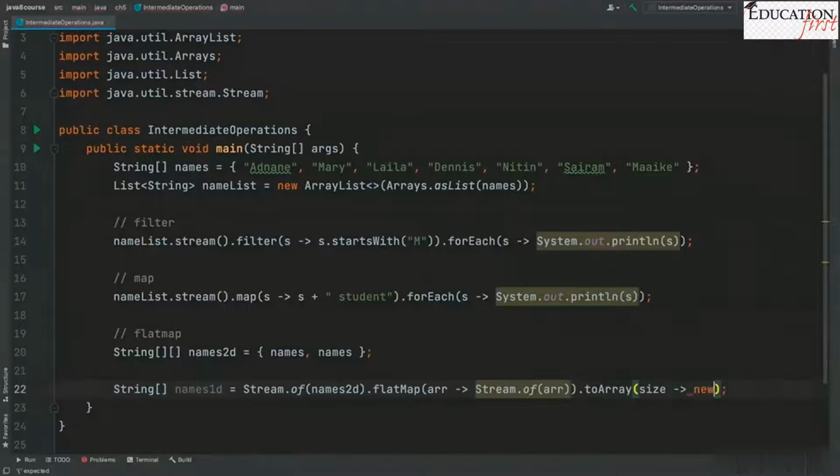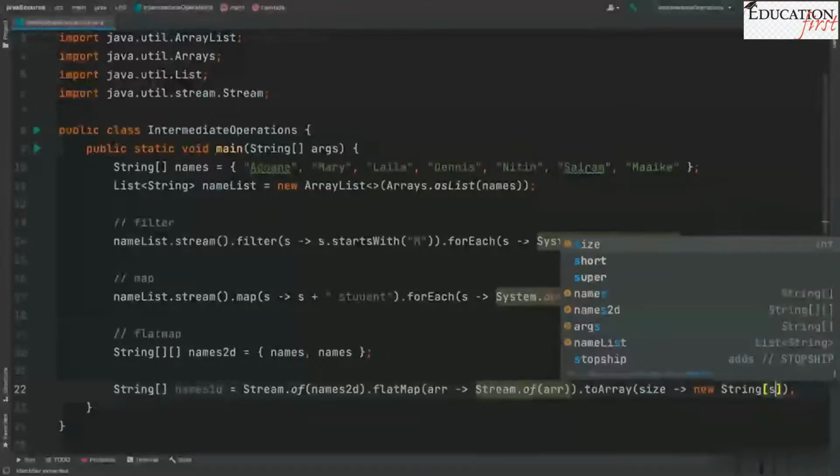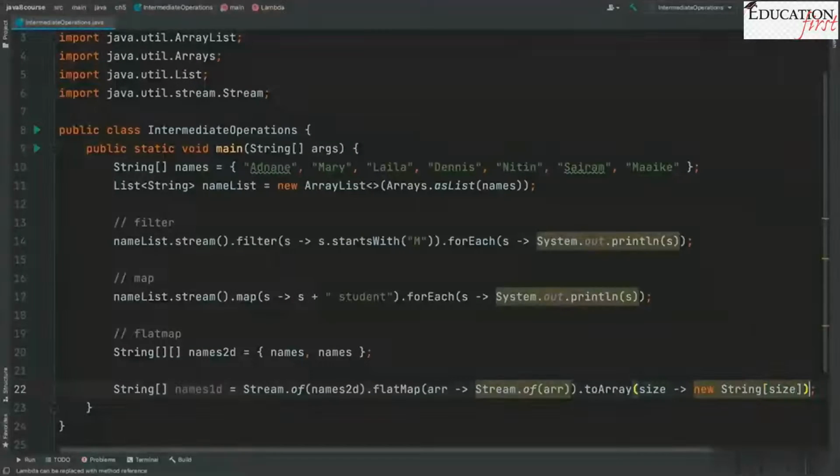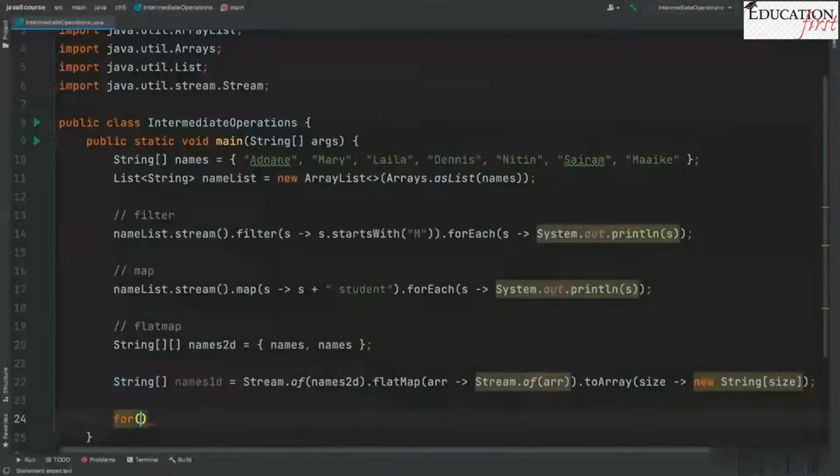With this size, we can go ahead and say new String and then insert size in there. If I want to print this, I would actually have to do so using a loop, since the array is not being overwritten in a nice way. So let's now say for every String name in our names1D, so the newly generated string array,